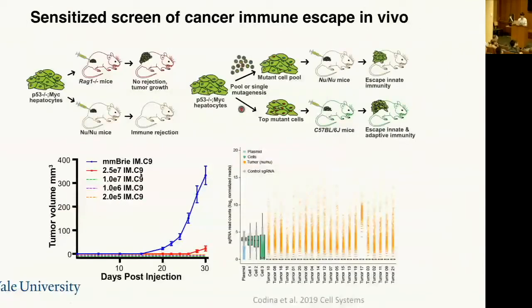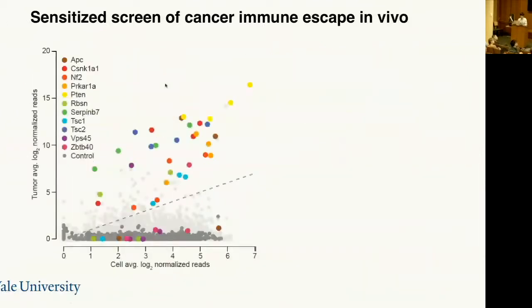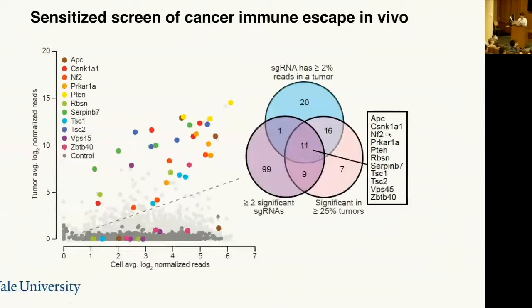And then more recently, we completed a sensitized screen for cancer immune escape in vivo. What we did is we used a liver cancer model with P53-driven oncogenesis. And then we threw in the Brie library, and we found that this Brie library mutagenized these cancer cells pretty quickly and made them more aggressive in growing in various types of hosts. And what we sequenced later on is the guides, and we found the ones that are being enriched. And one of the genes that we are interested in following is PRKAR1A, which is less well